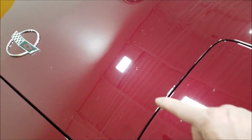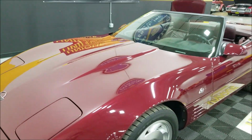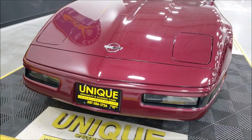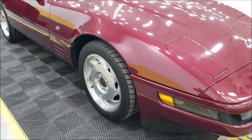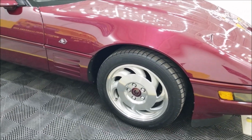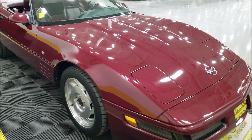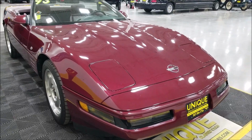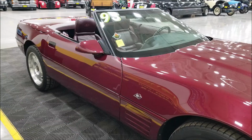You can, if I can get it to show up, it has been touched up. You can tell the previous owners have cared for it and had a little ruby red touch up when it has chipped, so I'll make you aware of that. Riding on Nitto tires, the original anniversary rims. It's actually a C4 rim with that anniversary cap in the center. Of course, underneath the hood, tuned port injected 5.7 liter 350 V8, 300 horsepower, paired with a 4L60 automatic